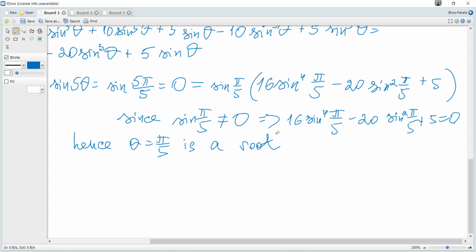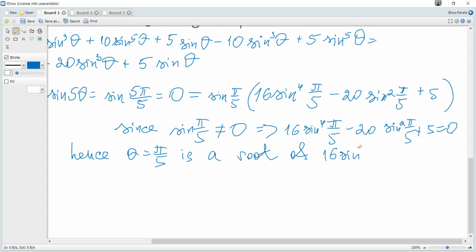Why is it a root? Because by definition a root is when you substitute this value into the equation, and the equation becomes 0, so it's a root of